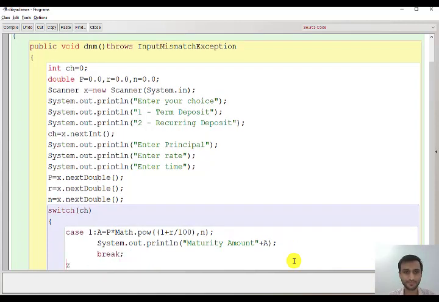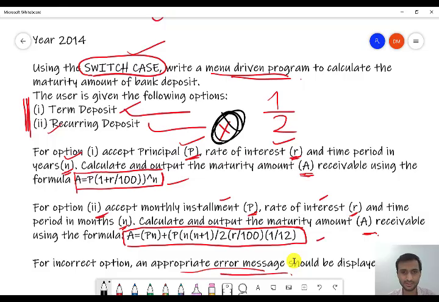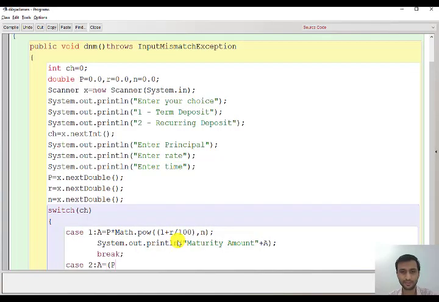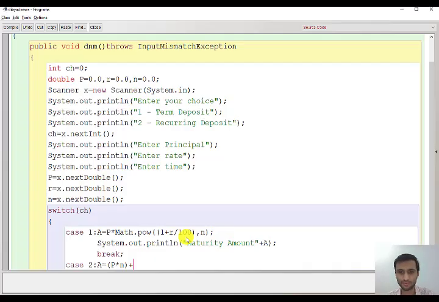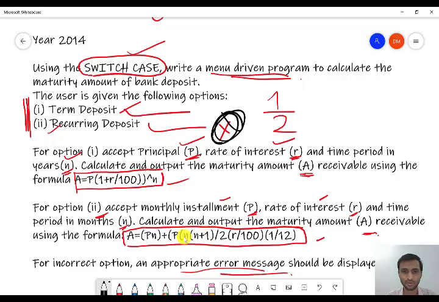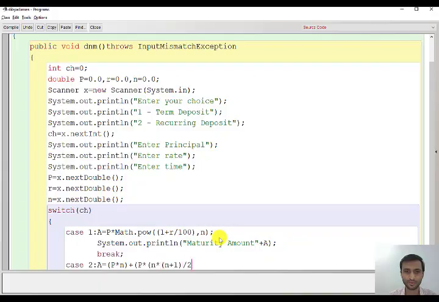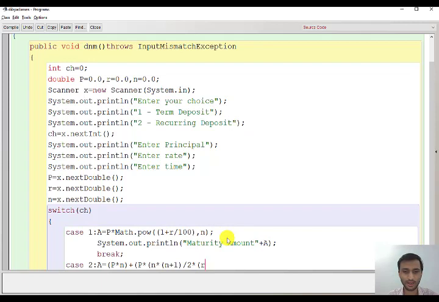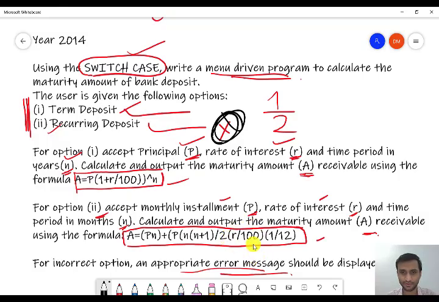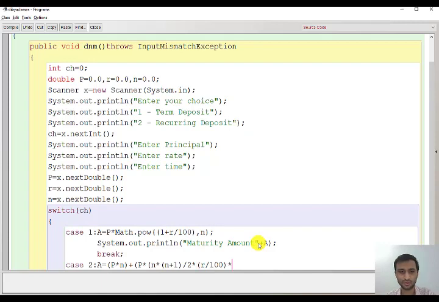Similarly, we'll write for case 2, and the formula this time is P into N plus P into N into N plus 1, whole divided by 2, into R by 100 into 1 by 12.